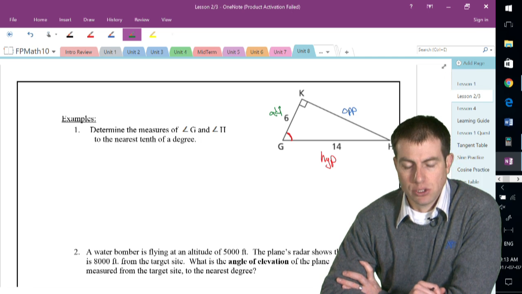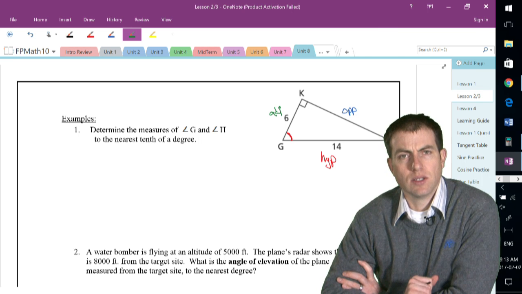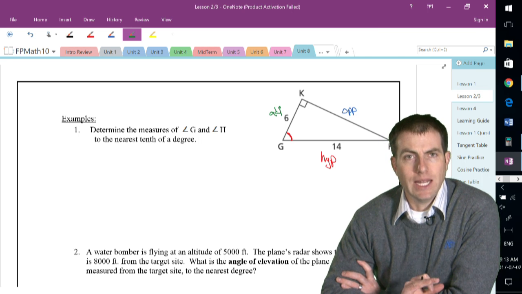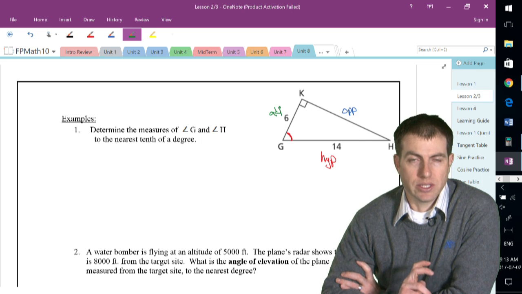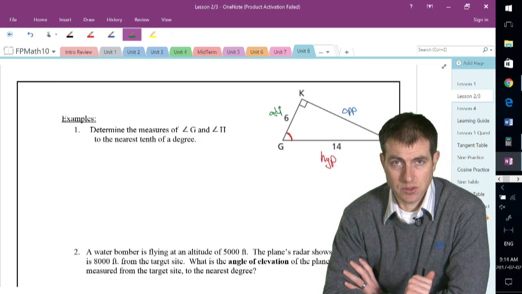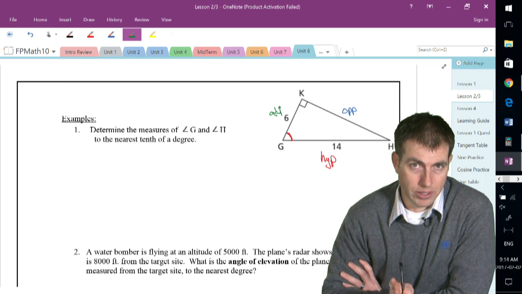So I've labeled my triangle, I have my reference angle, I'm doing okay. Now I need to figure out which trig function to use. I'm either going to use sine, cosine, or tangent, and how do I know which one to use? Well, the question doesn't tell me, so I can pick whatever one I want, but